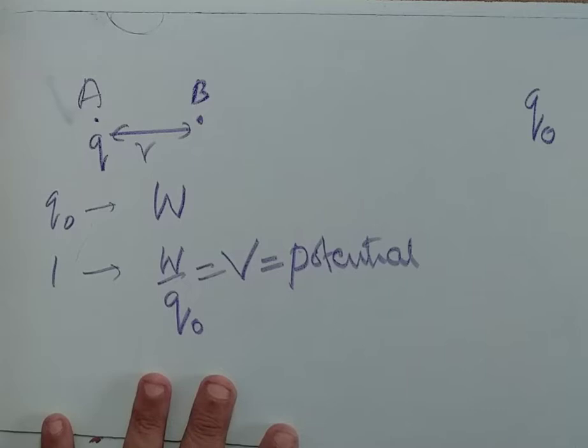Observe, potential is different from potential energy. Potential is the amount of work done per unit charge, but potential energy is the amount of work done in bringing any given charge from infinity to the given point against the repulsion from other charge. Therefore, potential energy and potential have different units, and they are altogether different quantities.